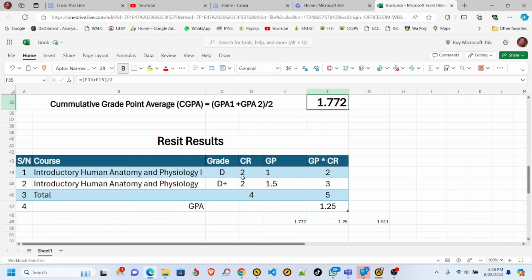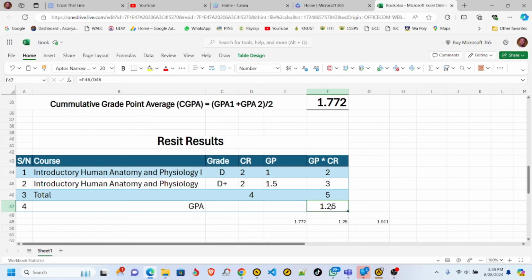Once again, all you have to do is take the credit hour and multiply by the point. D is 1, and the credit hour is 2. So 2 multiplied by 1 will give you 2. And then here D plus, which is 1.5, and the credit hour is 2. So 2 multiplied by 1.5 is 3. When you sum it all, you get 5. And when you sum the credit hour, you get 4. So all you have to do is 5 divided by 4, and this is what you get: